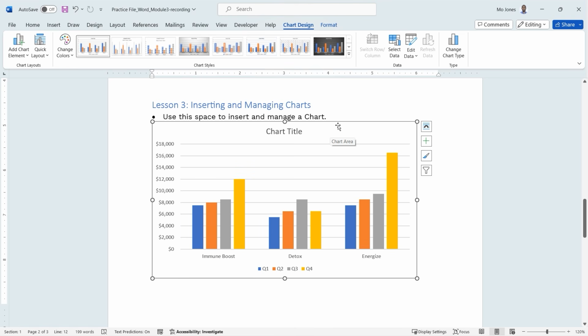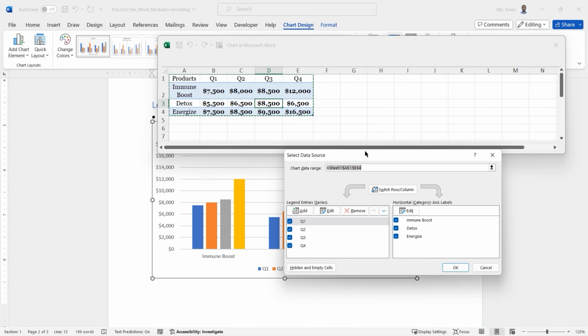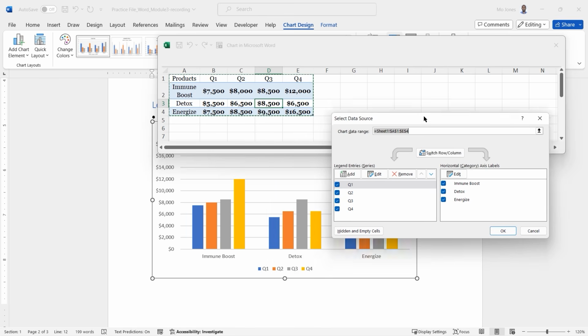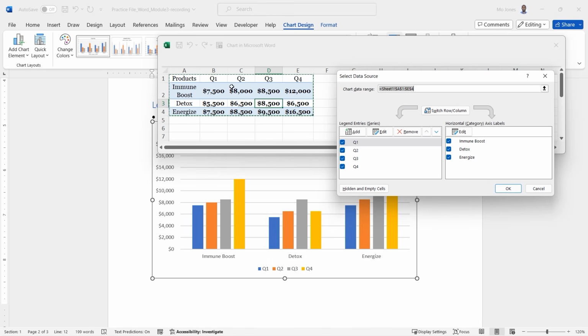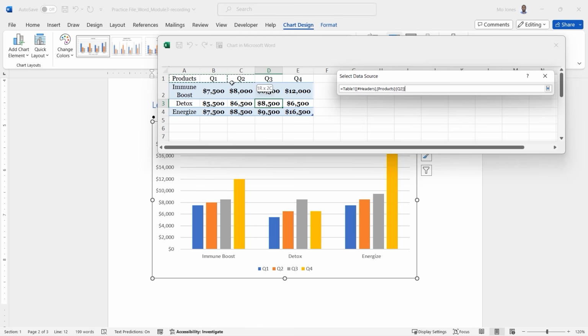Another good thing to see here is, what if you don't want all of the data on your chart to be displayed? If I click on Select Data, notice here, whatever I have highlighted, this is what will be displayed on my chart. So if I just wanted to display the data from quarter 1 through 3 and exclude quarter 4, I can just simply highlight